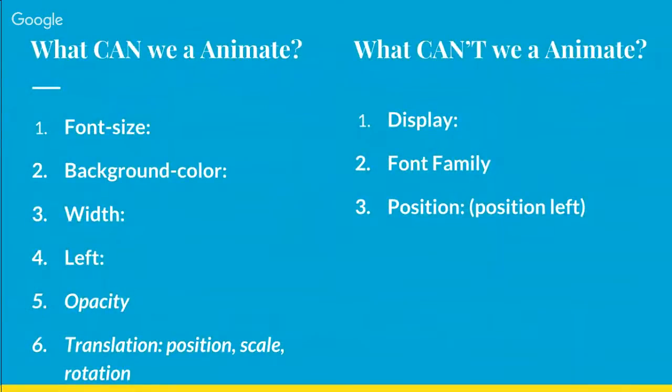So what can we animate? Well, the answer to that is actually not even limited to these 6 things. We can animate literally almost everything in CSS. And that includes, but is not limited to, font size, background color, width, left, opacity, and the different translational options. I have the opacity and the translation options in bold, because I was reading up on it and they said that those are the recommended ones that we animate. They're saying that we really shouldn't use the other ones. Like you can, but it's kind of an animate at your own risk sort of thing, because